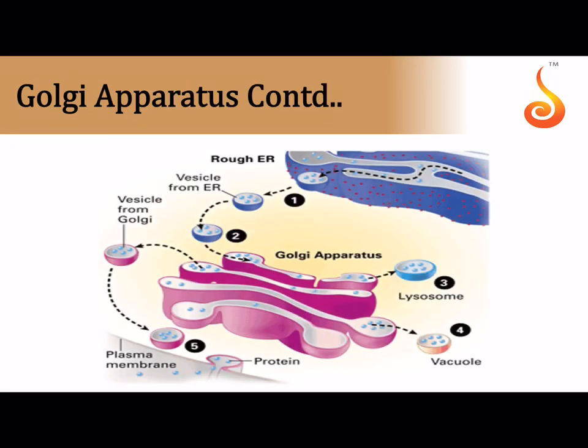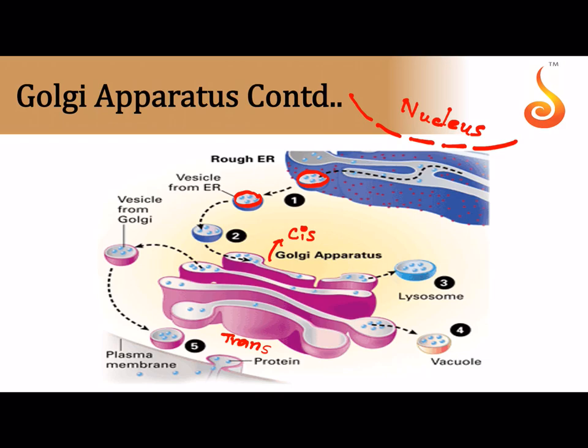So let us see how a Golgi apparatus looks. See how from the endoplasmic reticulum you have these vesicles which are carrying substances, and they are coming and merging with this face of the Golgi apparatus. Obviously somewhere here you have the nucleus of the cell. I told you the endoplasmic reticulum is a continuation of the outer nuclear membrane. This face of the Golgi complex, which is basically facing the nucleus, is referred to as the cis face, and the face of the Golgi complex that is facing away from the nucleus and the ER is referred to as the trans face. So remember, the Golgi apparatus is very closely situated to the endoplasmic reticulum.